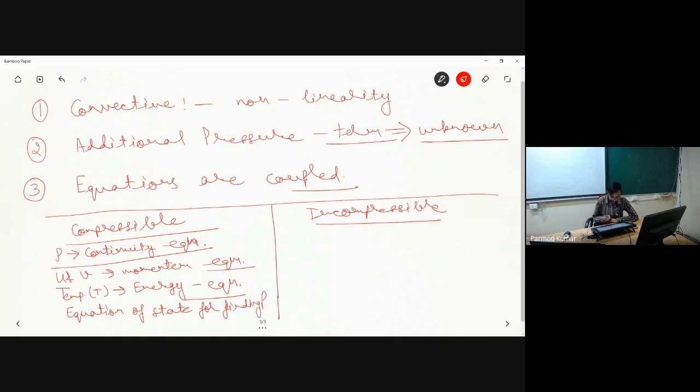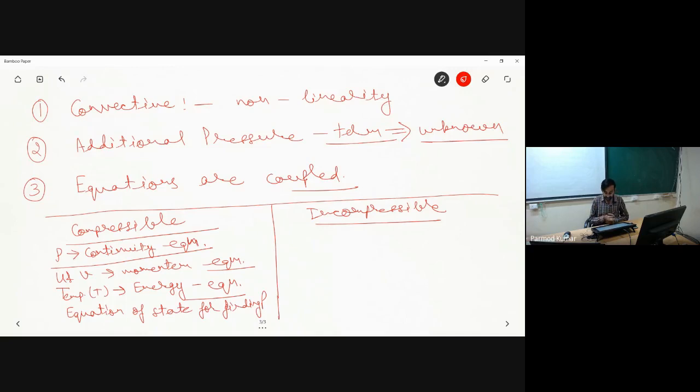Okay, so over here I can simply employ the equation of state for finding pressure. So for finding the pressure in the case of a compressible situation, I can simply employ the equation of state once I know the variation of density and temperature inside my entire flow field. Okay, and the density variation I can find from my continuity equation, and for temperature I have to additionally solve the energy equation. So this is the overall idea of how we can find the unknown additional pressure term in our equations if we have a compressible flow situation.